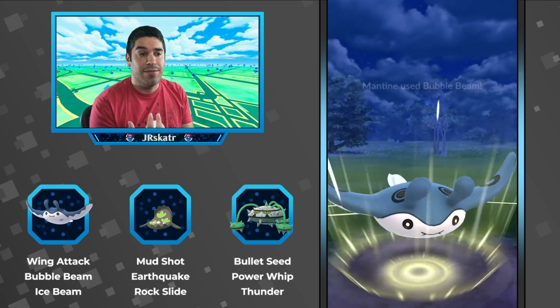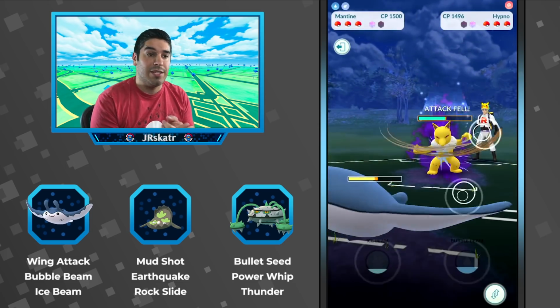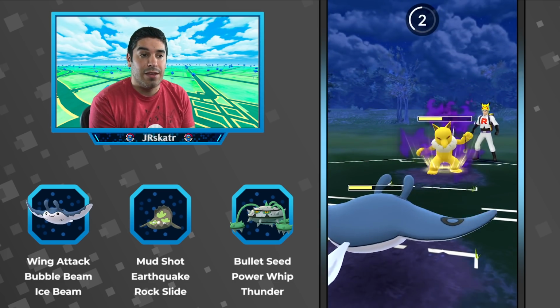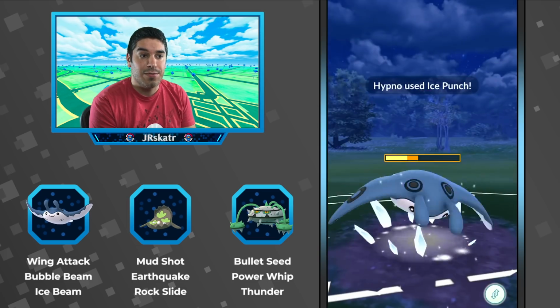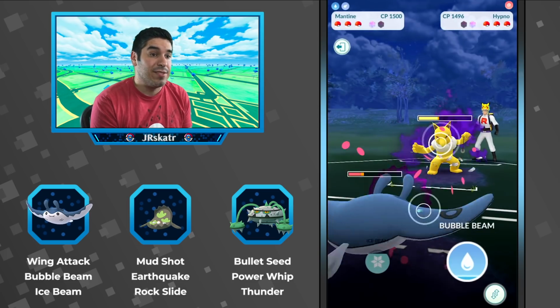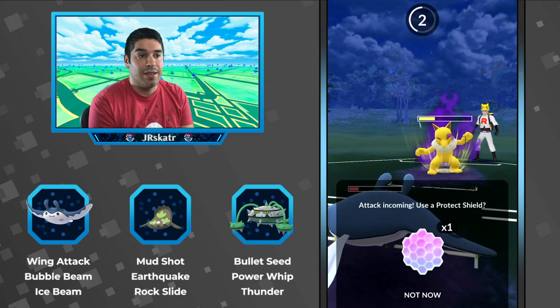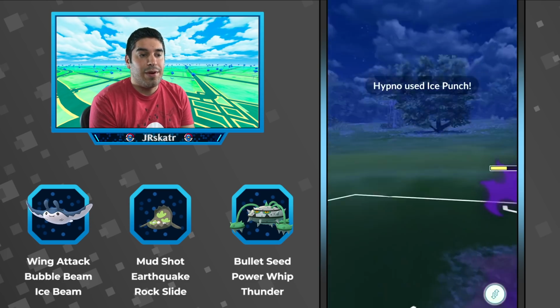So I'm thinking they might have Ice Punch Fire Punch or Ice Punch Shadow Ball. If they don't have Thunder Punch, we're in great shape. So I decided not to shield this one, and they throw Ice Punch again, so that was even better. I can probably let this one go. I probably should have thrown an Ice...